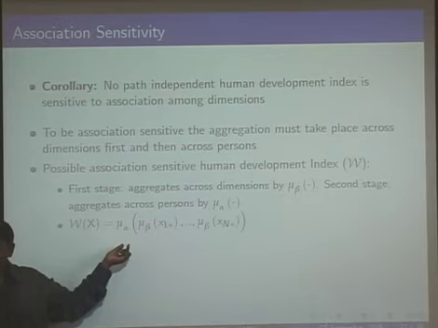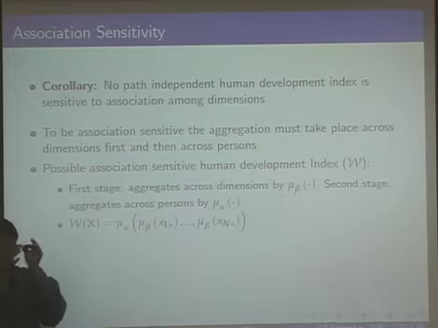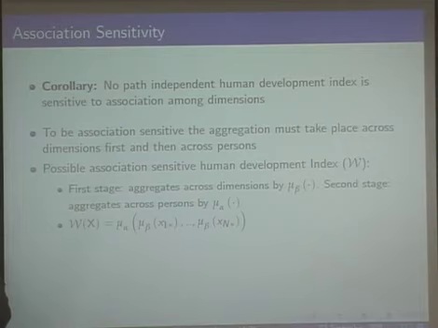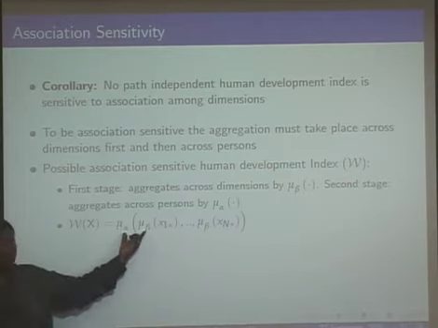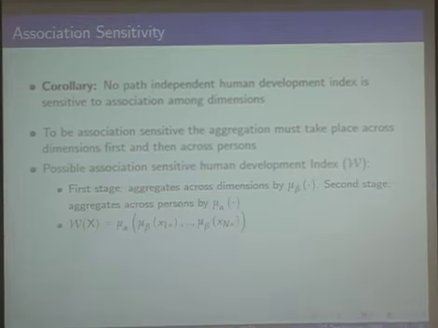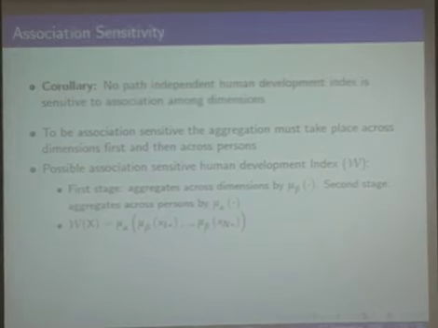Remember, for Foster-Lopez-Calva and Zekeli, the inequality aversion parameter and the substitution parameter were the same, and that was leading to path independence. So path independence seemed to be not a very good property if you are interested in policy implications. So take two different values, and it can be shown, although I'm not going to prove it here,